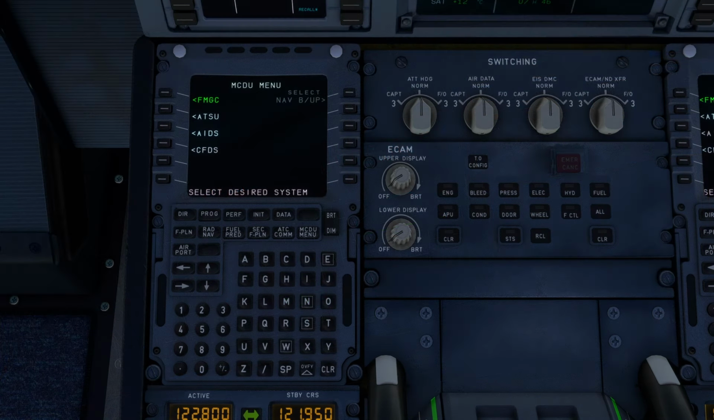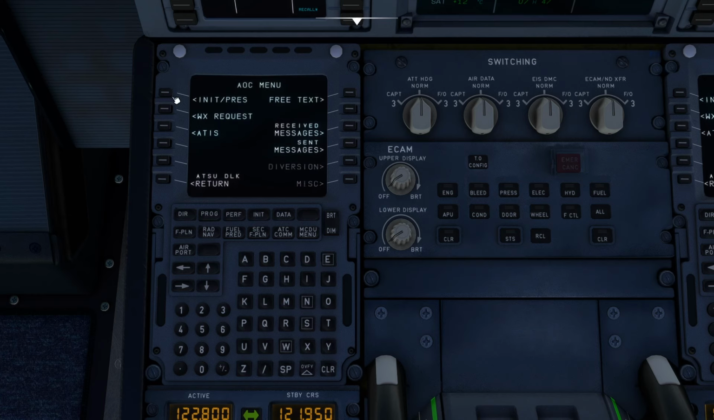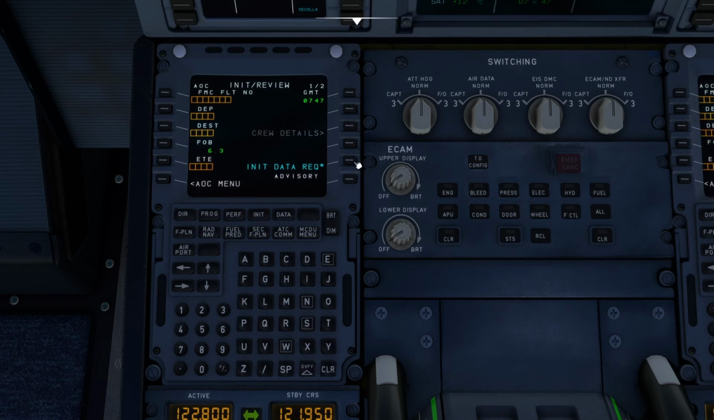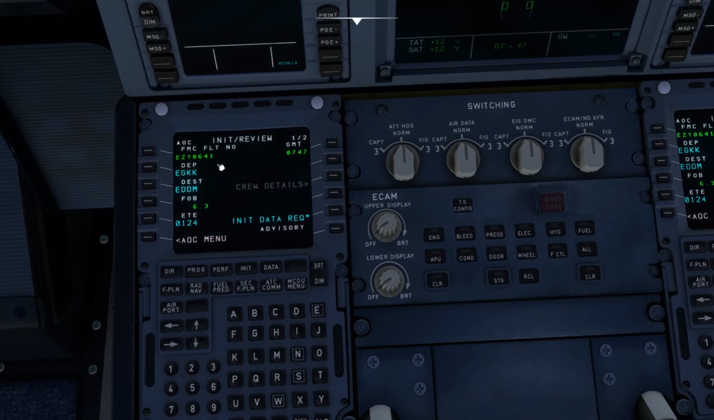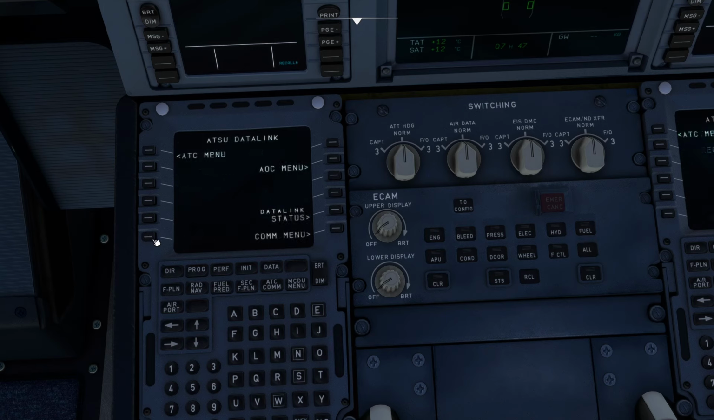On first look at the MCDU, we're going to be presented with a page that says MCDU menu. First things first, we're going to go to ATSU, AOC menu, init, and then we're going to go init data request. This is going to pull up all our information from Simbrief. Call sign is correct, departure is correct, destination is correct, fuel on board 6.3. Estimated time on route 1 hour 24 minutes. That all looks correct. And then we can go back to the main menu,